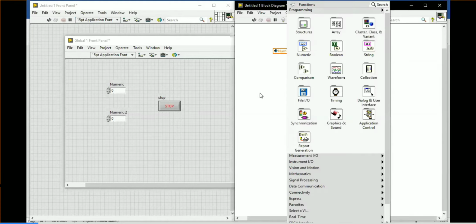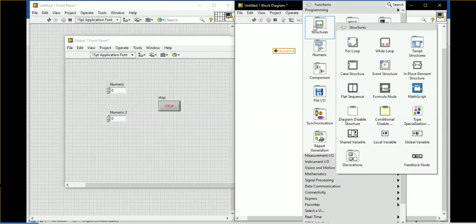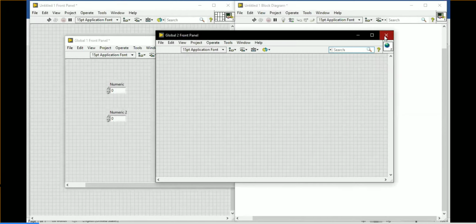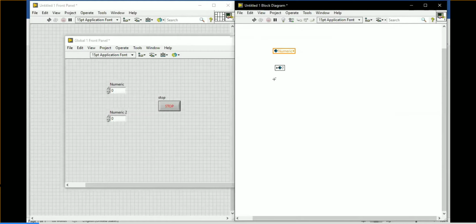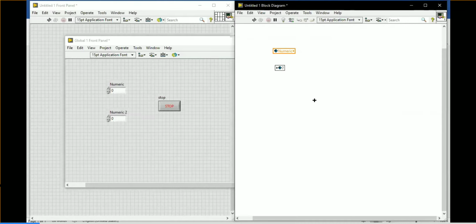Now afterwards, if you are taking one more global variable here, again for this also one front panel will be created, okay. Or else, better take one more global variable and right click over there; you won't get the option select item, that will not be available. So don't take another global variable. Rather, copy this global variable and paste it in the same VI itself, okay.